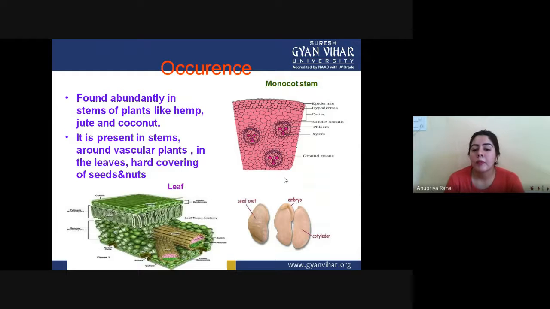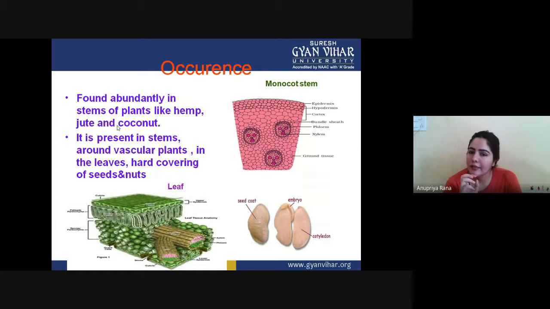So mostly any part which is very hard, to give major mechanical support to the plant, at those places the sclerenchyma tissues are present abundantly. Like it is present in the stem around vascular tissue, in the leaves, and in the hard covering of seed and nut. So all these things which you are seeing here, these are places where the plant needs